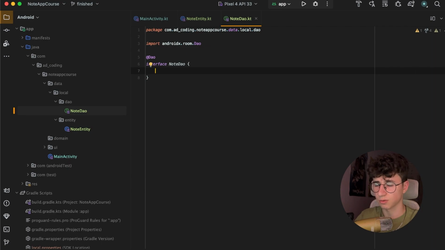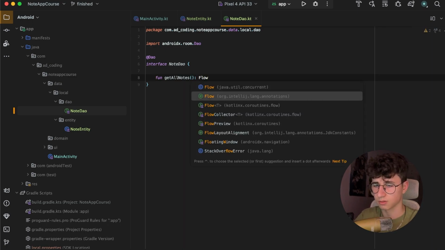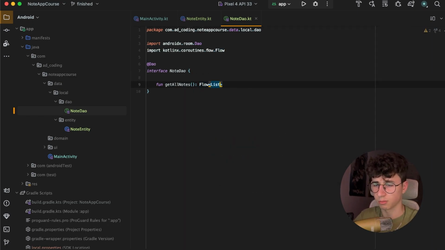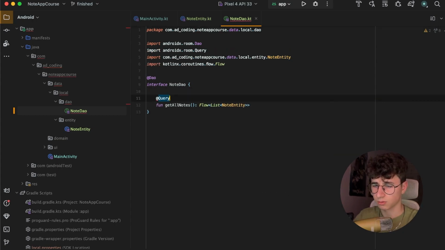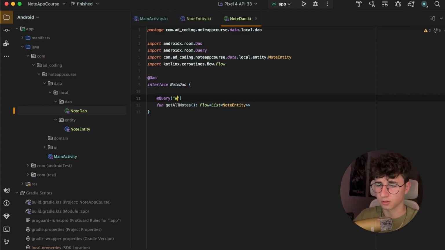And CRUD stands for create, read, update, and delete, and the first function will be the one that will get all the nodes, getAllNodes. Let's delete the suspend because we don't need this, because we are returning a Flow of type List of NodeEntity, and we need to annotate this with a Query, and this will say select everything from NodeEntity, and